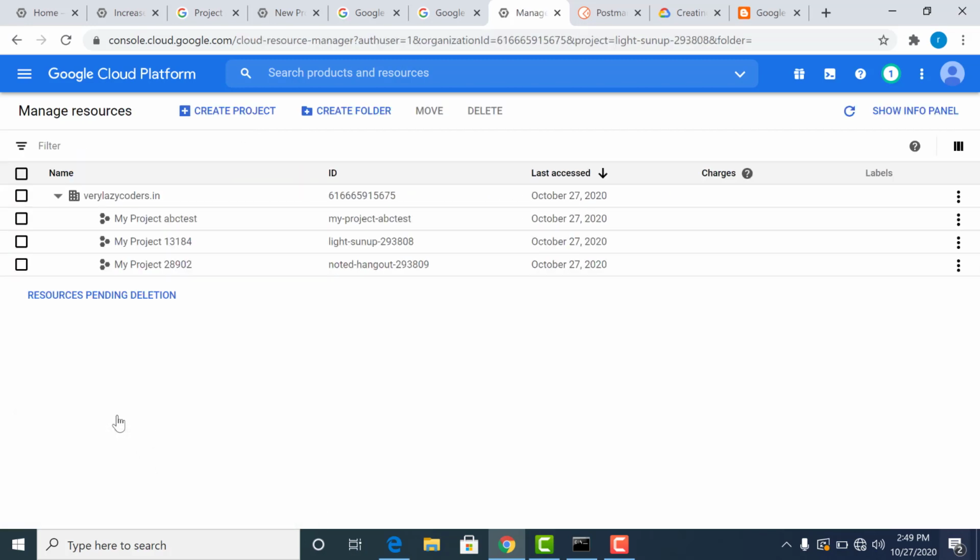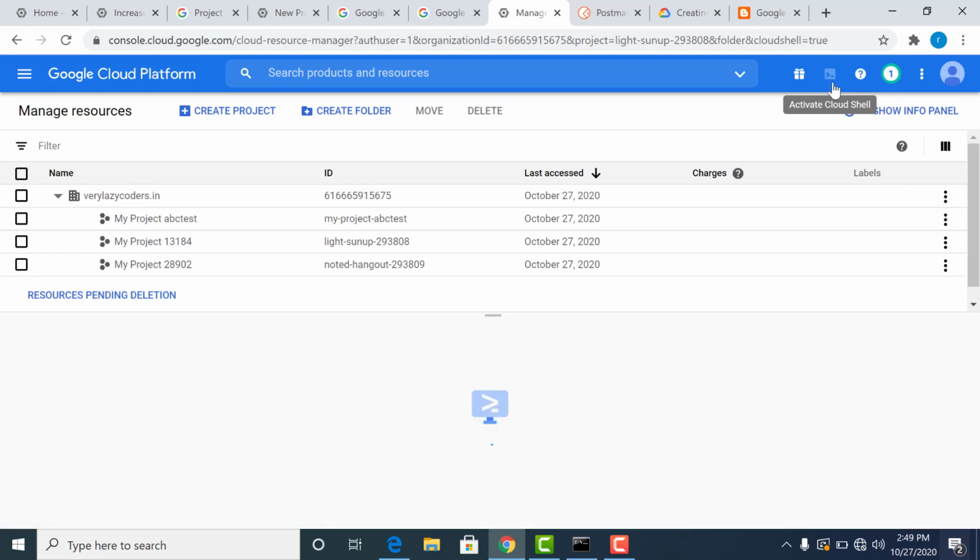Now, if you want to use the gcloud util function, then you can use that to create a project as well. So you can just go to the Cloud Shell.